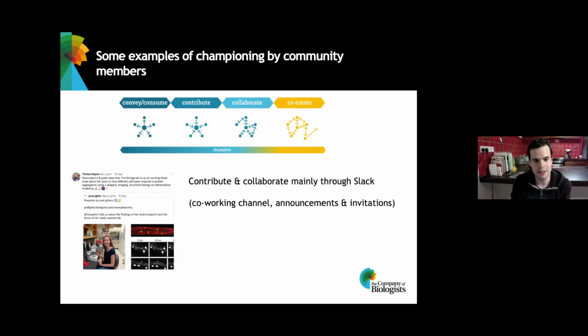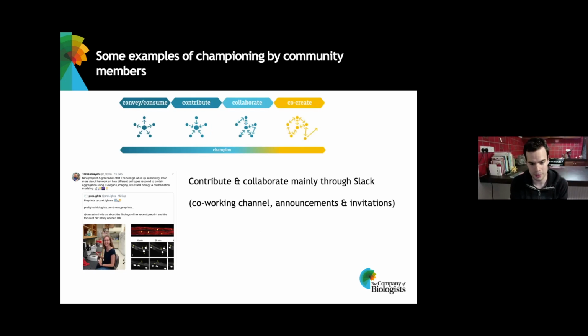And I really liked in this participation model the concept of championing. Of course, as a community manager, I also try to champion these early career researchers, for example, by doing interviews with them. But it's also really nice to see how they champion each other, for example, by promoting each other's work. Or here, for example, when one of the members started their lab, also on Twitter saying, look at her website and